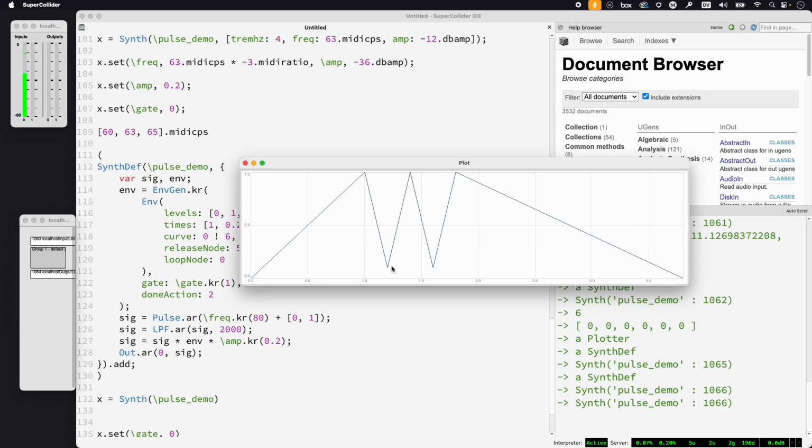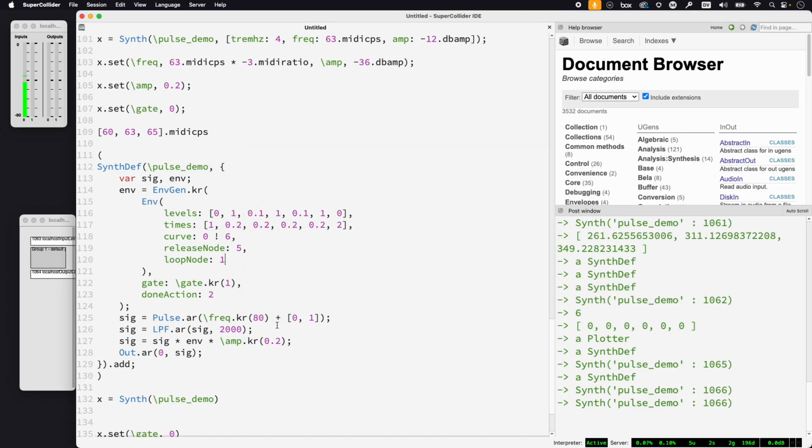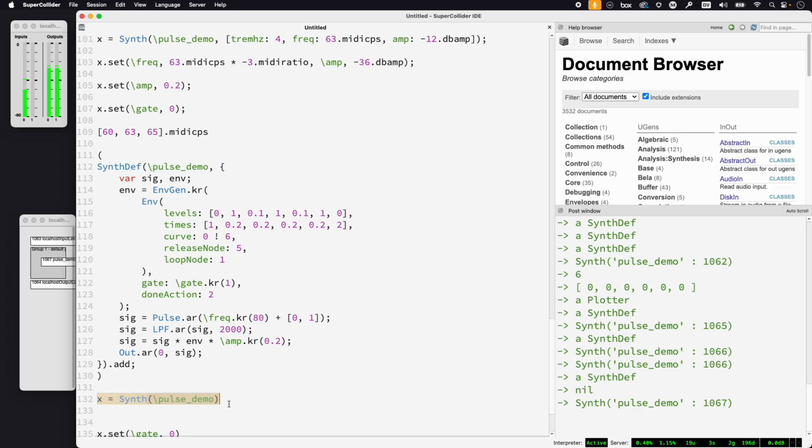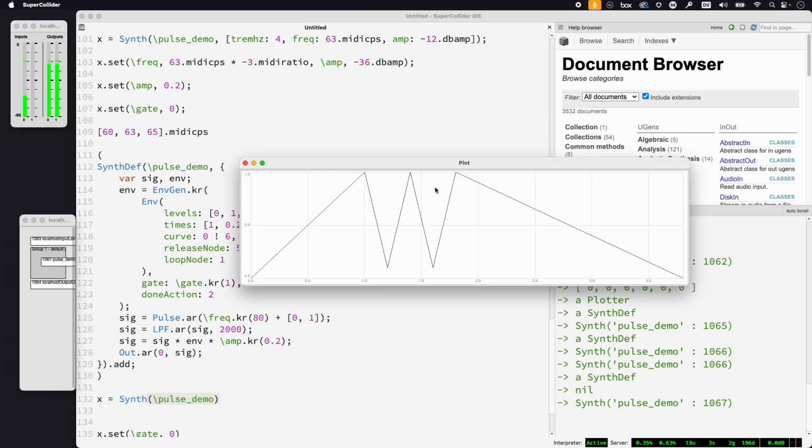So I think I've actually done this wrong. What I want is it to immediately go here. It's not going to teleport from this value to that value, because that would create a discontinuity and probably a click. And so env and envgen are very nicely designed to, when they're told to jump to a new node, interpolate from their current value to the value that immediately follows the target node. So I think I'm actually going to specify 1 as the loop node. And so it's going to get here, and then it's going to take this much time to go from here to here, which is the node right after node 1. And so now we're actually